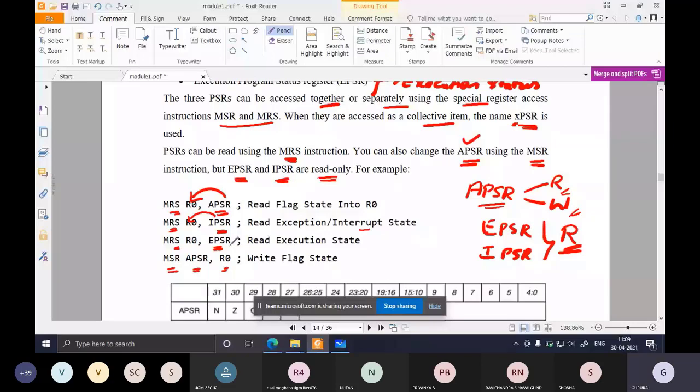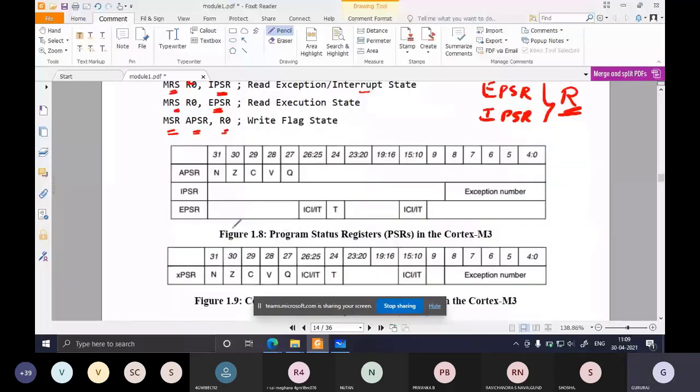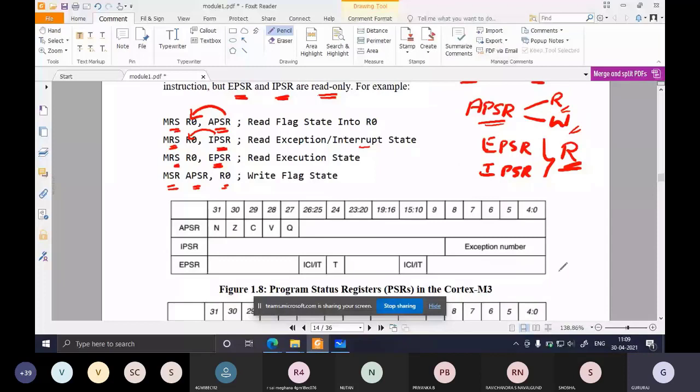Now see this diagram. It clearly shows the split of PSR into three PSRs. APSR: what flags does it have? Negative flag, zero flag, carry flag, and V is the overflow flag. Q stands for sticky saturation. We shall see what Q is later; for now, just remember it is sticky saturation.